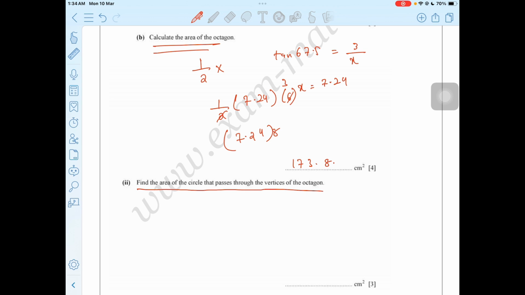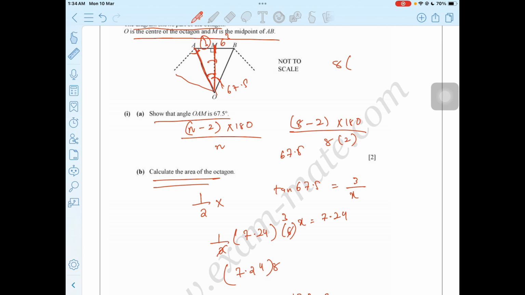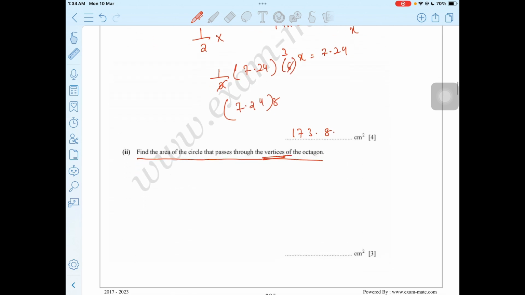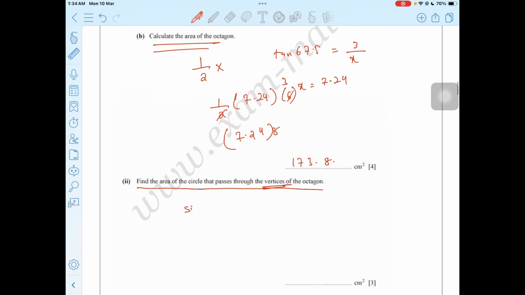Find the area of the circle that passes through the vertices of the octagon. So we need to find the area of the circle that passes through the vertices of the octagon. So we have our radius as this OA, right? So can we calculate this OA? Yes, we can calculate this. We have this 3 as base. We need to calculate the hypotenuse. So this would be sine 67.5 is equal to 3 over x. So this would be 3 over sine 67.5, 3.24 or 25,